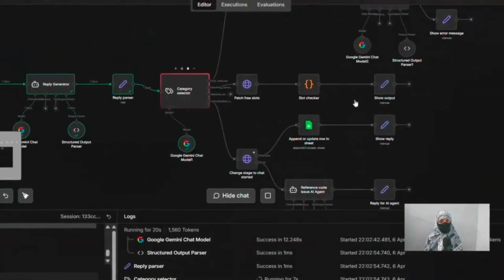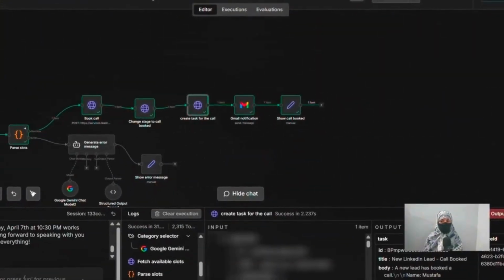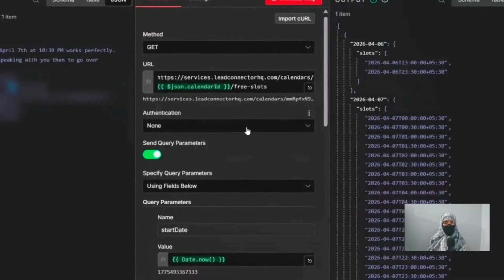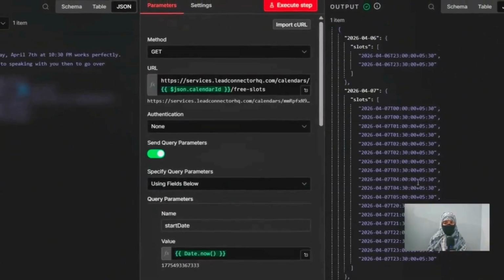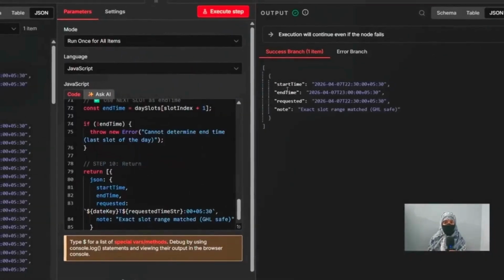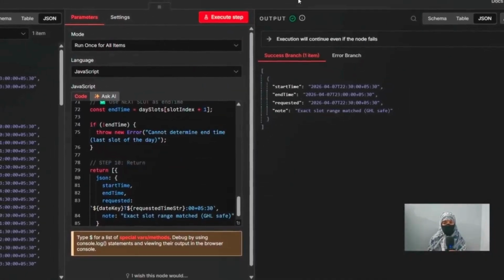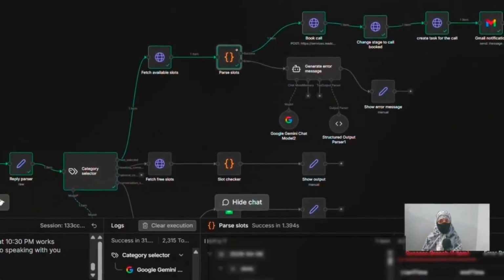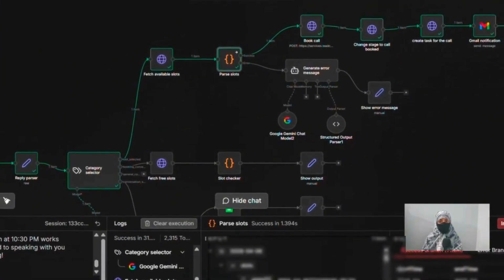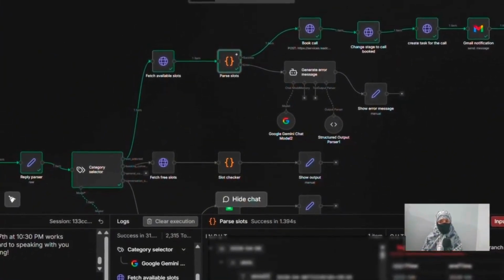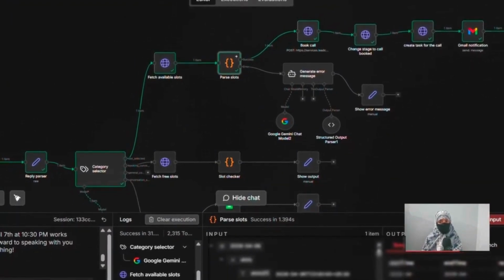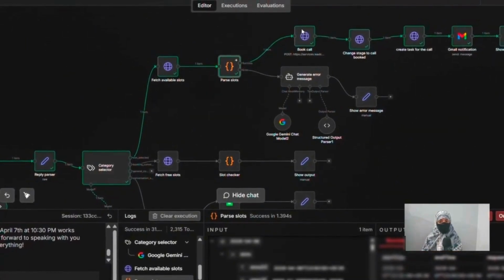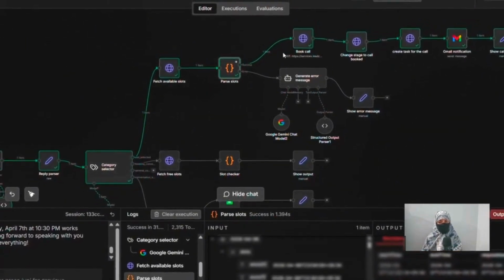The fourth and final category is slot chosen. The user picks their chosen time. The first HTTP node in this success path fetches the available slots from Go High Level. The next is a code node, in which I check if the slot provided by the user matches the available slots. This is a sanity check. Also, there is a safety net. If the user makes a typo, like February 30, or picks a slot that just got taken, the code node throws an error. Because we have continue on error enabled, an AI agent steps in to say, oops, that slot isn't available anymore. You can choose some other slots.